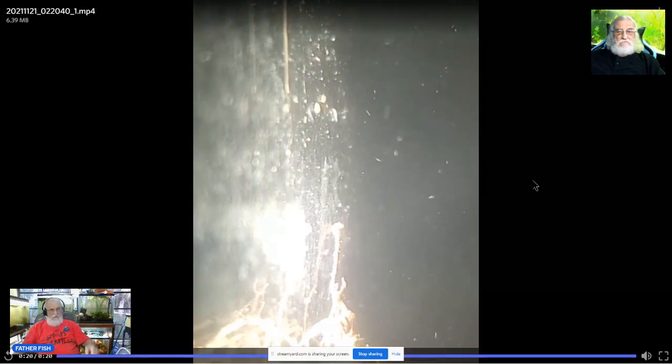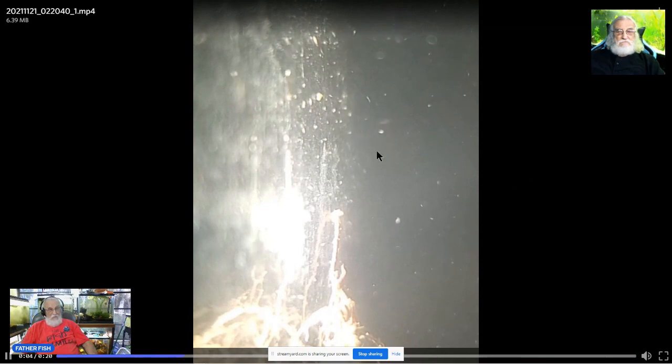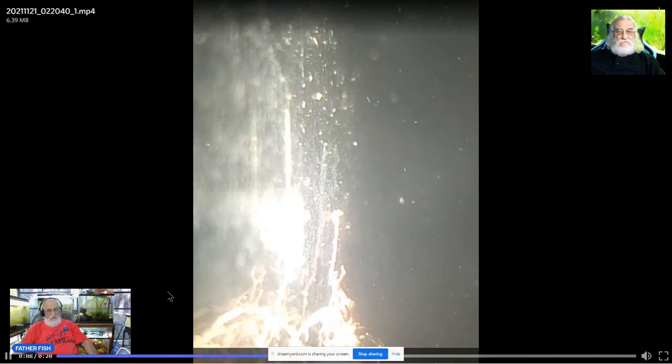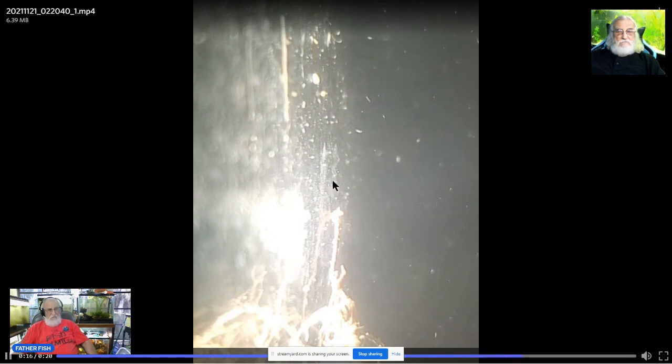These are all of the animals that were up and about from the beginning, that were up all night. They emerged from the humus, the detritus at the bottom of the tank, came up into the water column,